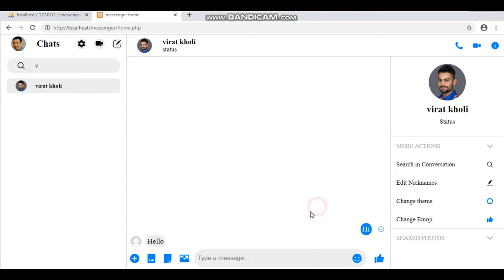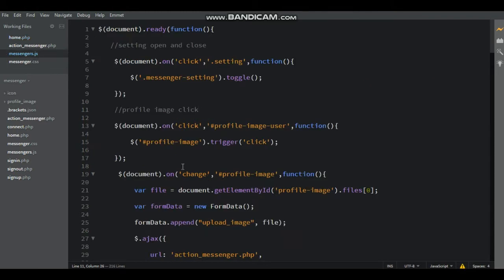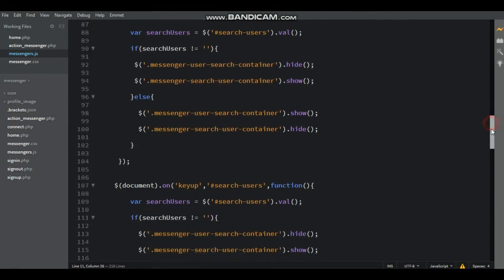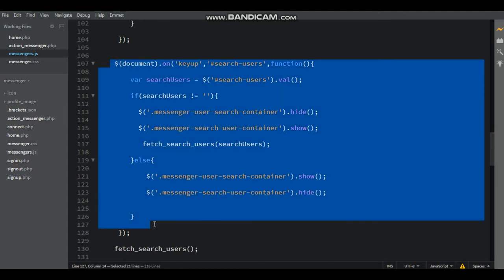Here icon click, input click. Here that is hide the send icon.